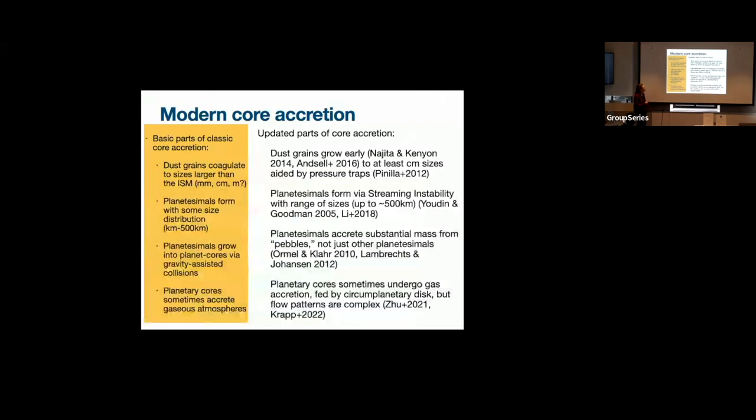And from there, we have even more improvements that have solved a lot of the challenges we faced. We know that dust grains probably begin to coagulate to sizes larger than the ISM at very, very young ages. This may be in part due to these pressure traps in disks, although the origin of these pressure traps remains unknown. Planetesimals form with a relatively large size distribution via the streaming instability, which again gets over that magic part of the growth phase. And then another really crucial realization is that